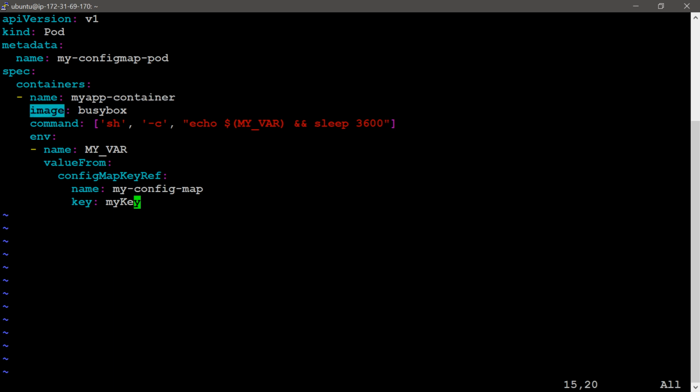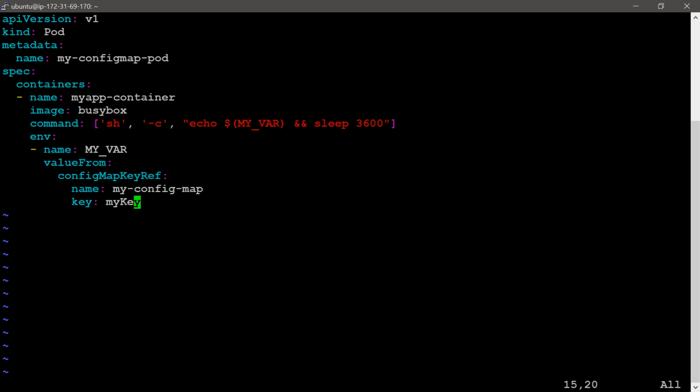Then I took the busybox image in this container. This echo command should execute when running the busybox container. Here I provided my where. The same name that I give here, I should provide in the environment.